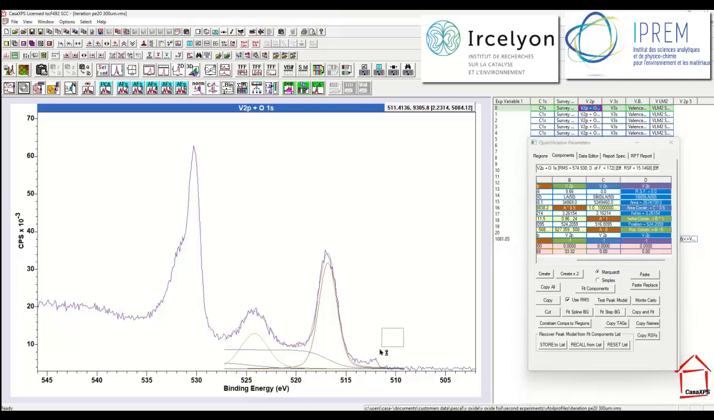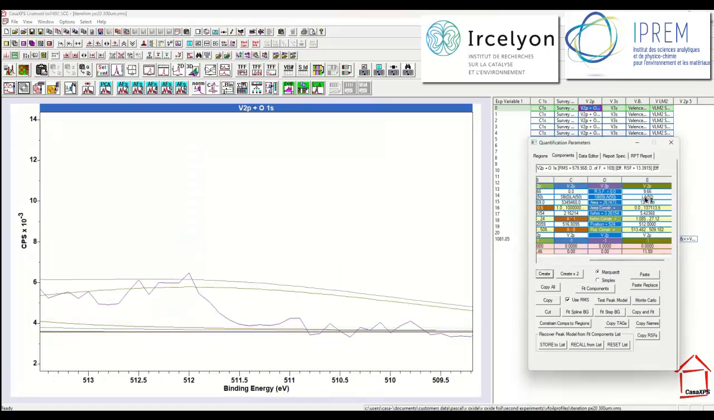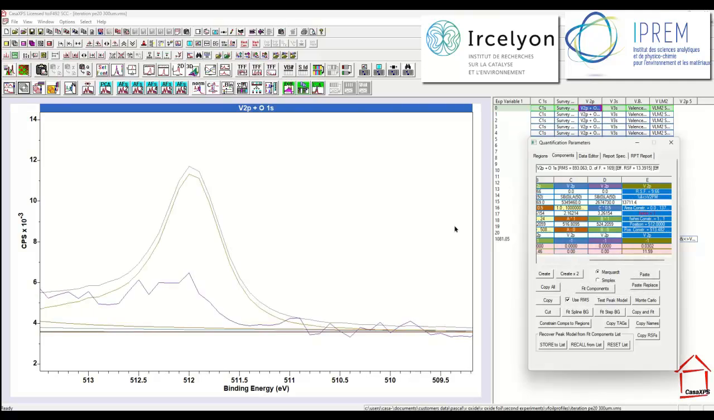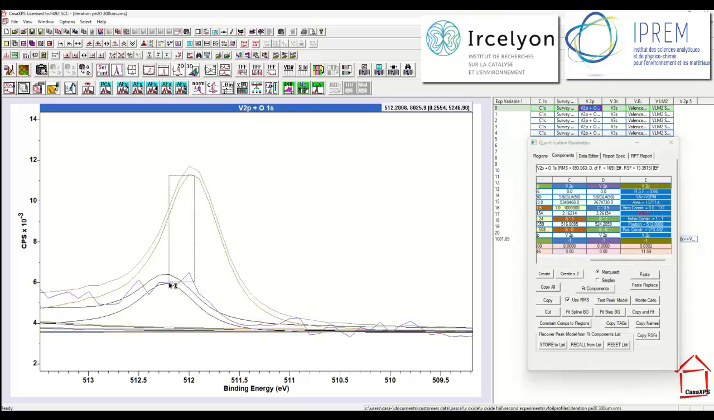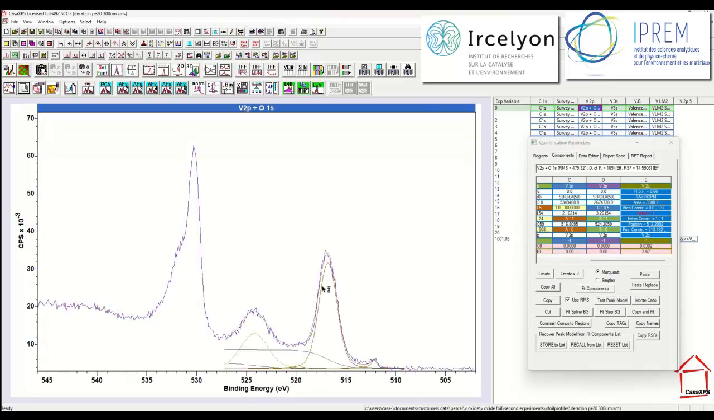I need to create a component which I can then assign that line shape to, and I can see that I've got adjustments that will be made to the peak model when I say fit. Let's use a chi-square, and here it is. We've now got a peak model